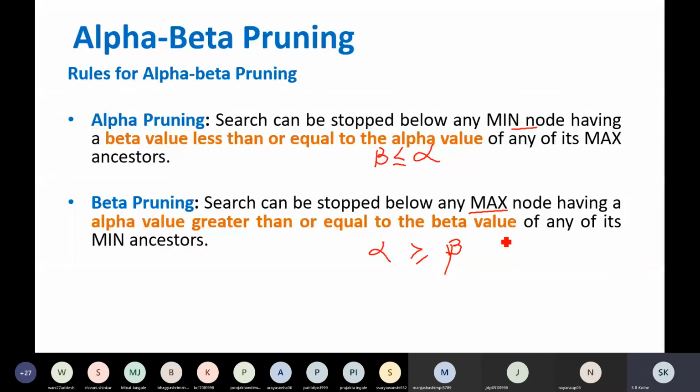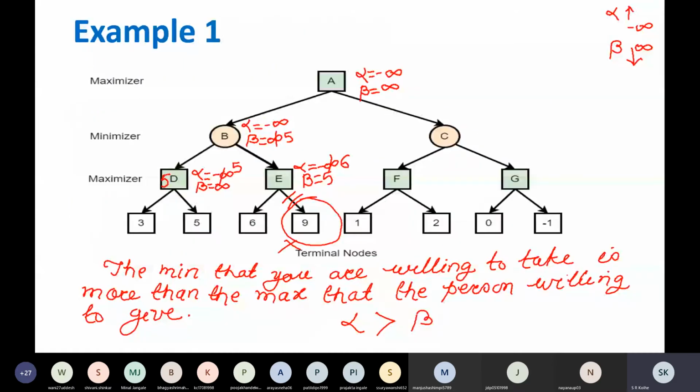So in that situation you will have to stop the search because the value that this E is getting right now is 6. So the alpha value of this E node will be 6.